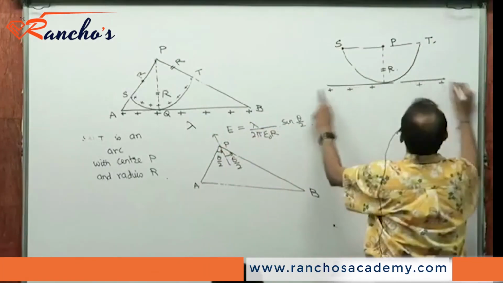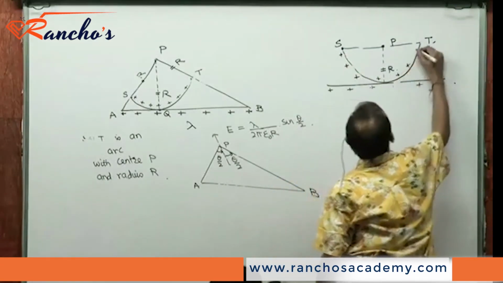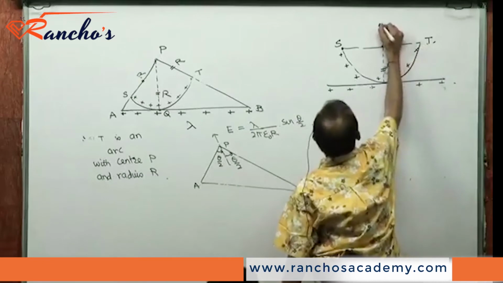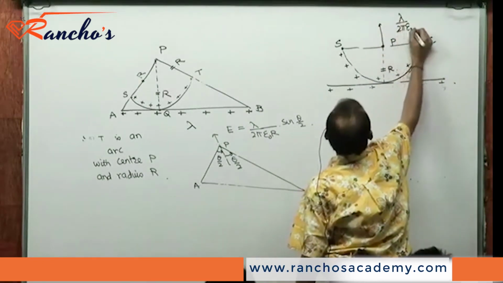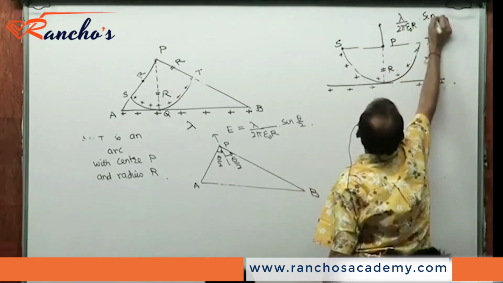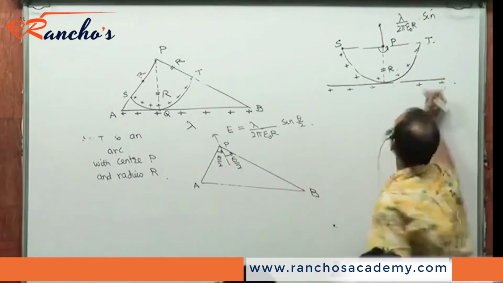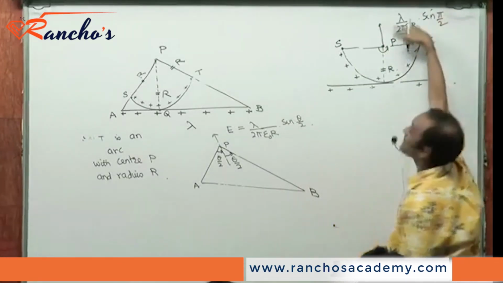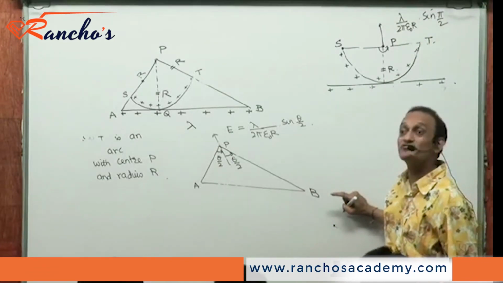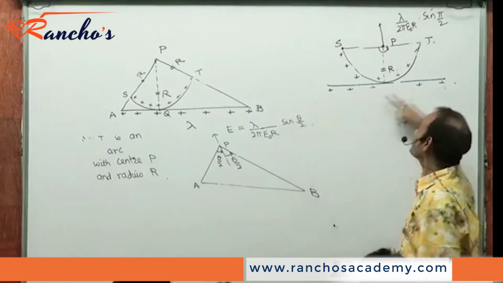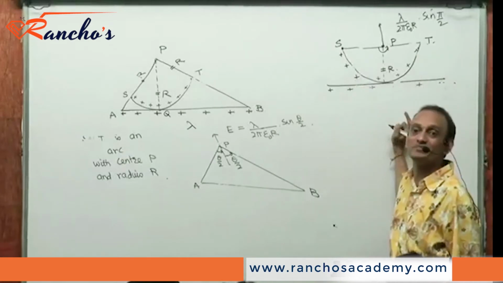So now I say the field produced by this infinite line of charge will be the same as the field produced by this semicircular arc of charge. And the field here is going to be lambda by 2 pi epsilon naught r into sine theta by 2. Theta is 180 degrees, so theta by 2 is 90 degrees, sine pi by 2, which gives lambda by 2 pi epsilon naught r, which is the field at a distance r from an infinite line of charge. You might want to use this result at very many places.